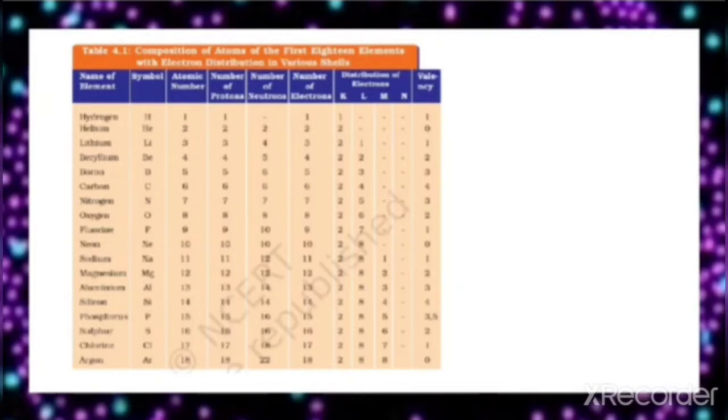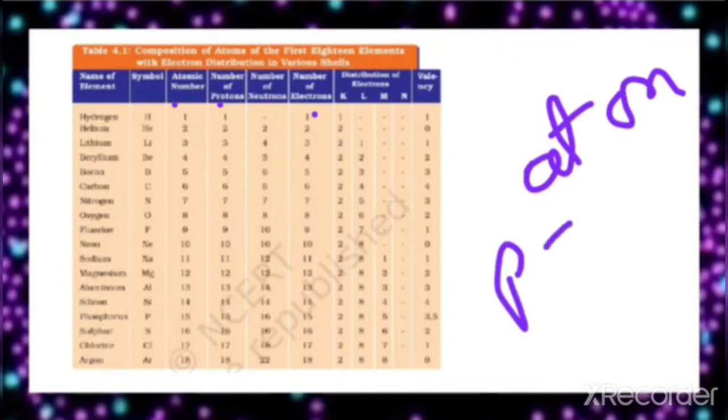In this table, the number of protons is represented. So the atomic number is equal to the number of protons. You can see in all these cases, the number of protons is nothing but the atomic number. So once you have learned the sequence of these elements, automatically you will be learning its atomic number and the number of protons. Since the number of electrons is also the same as the number of protons, that is only in the case of an atom, not in the case of an ion. So in the case of an atom, the number of protons is equal to the number of electrons.